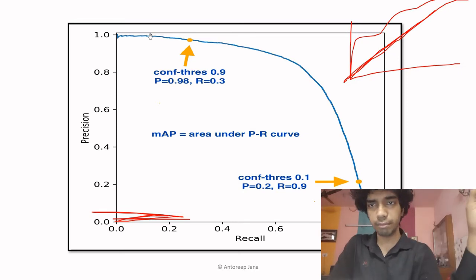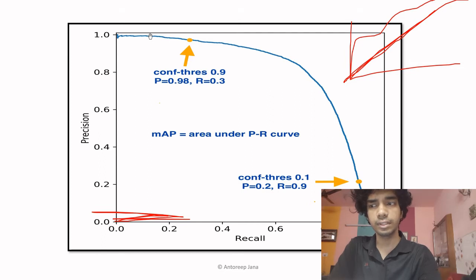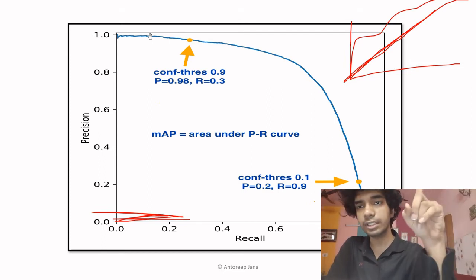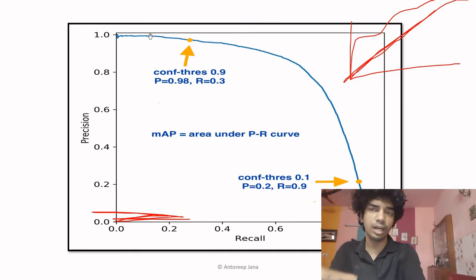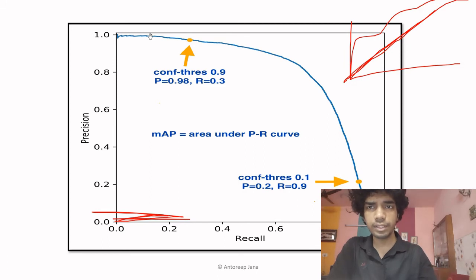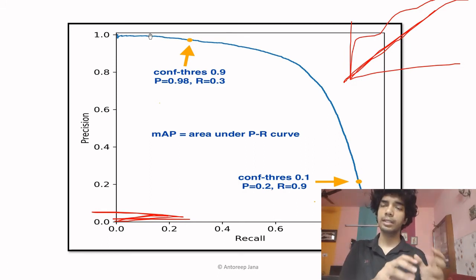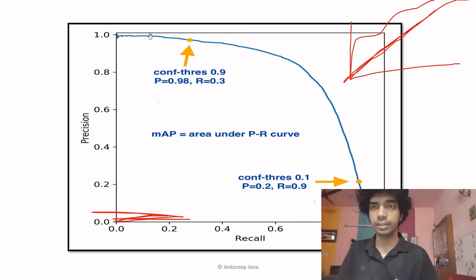Precision is true positive by true positive plus false positive. Recall is true positive by true positive plus false negative. There is no mention of true negative. The first and major difference between the precision recall curve and the ROC curve is that you do not take into consideration true negatives. What are true negatives? The samples of the other type, but not the one which you are concerned with.